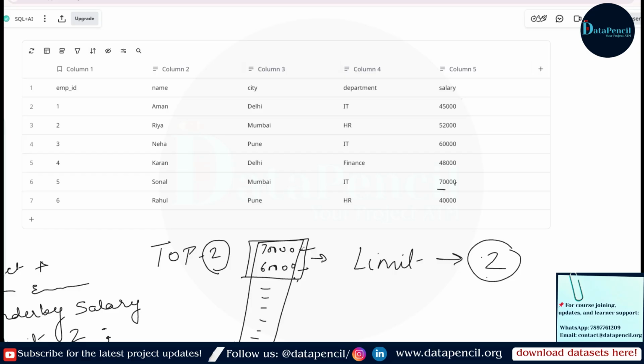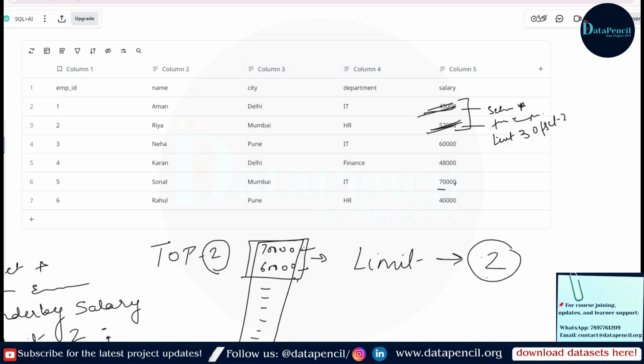Offset means we are skipping the first 2 rows. So how will you skip these 2 rows? You will simply write select star from employee limit 3, which means I want to see 3 rows only, and offset 2.